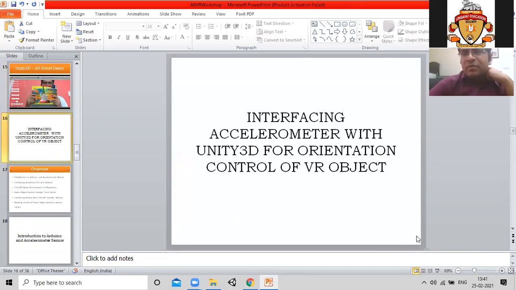So what is my objective in this particular application? We will develop an application where we connect accelerometers or 3-axis magnetometers. We can connect those accelerometers or magnetometers with Unity by using Arduino. So how to interface Arduino and sensors with Unity 3D, how can we read sensor values, and how can we control the behavior of the virtual object according to the sensor values. I will show you.